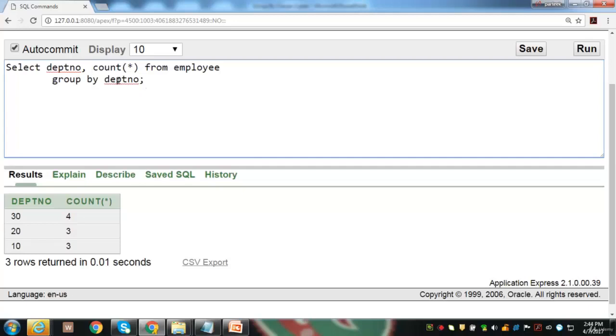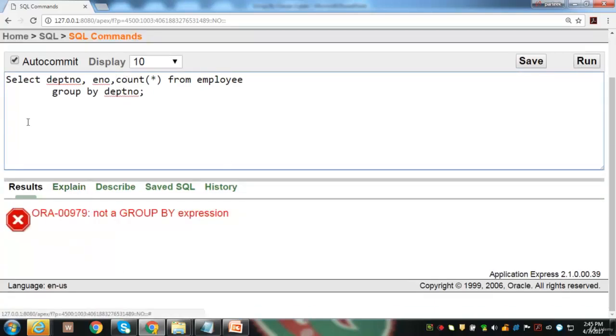Here we are making a grouping on department number, and we are selecting department number and count of employees in these department numbers. Here we have 3 departments and this is the count. In this query we are selecting only department number and aggregate function count. If I try to select any other column in this select statement, it will not be allowed because only those columns are allowed in select statement which are involved in group by expression. Here we are making a grouping on department number, so only department number and aggregate column is allowed. No other column like e-name, e-number is allowed in this query, and if you try to write it, system will